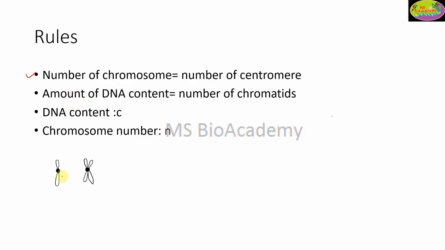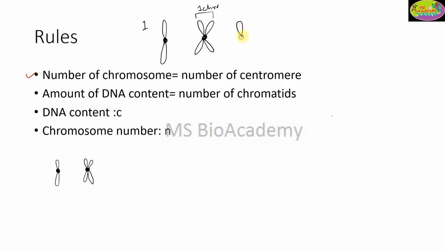For example, I'll give you one example. Let's suppose this is your one. This is the centromere with which the chromosome arms are attached. You know there is a P arm and a Q arm, both attached, and this is the centromere. You can see there is one centromere, so this is one chromosome only. Now see this one. This is again a centromere, and these are the arms. What do you see? Again one centromere, so this is also one chromosome only.